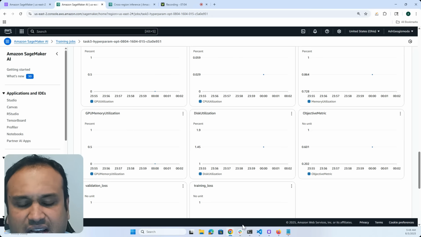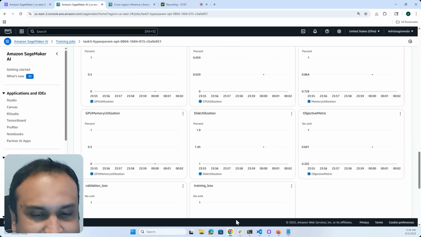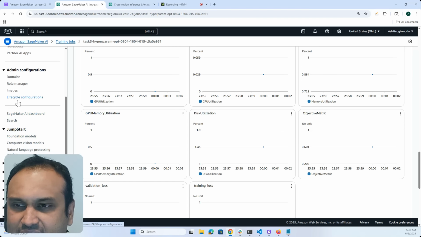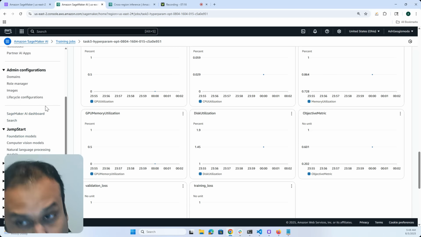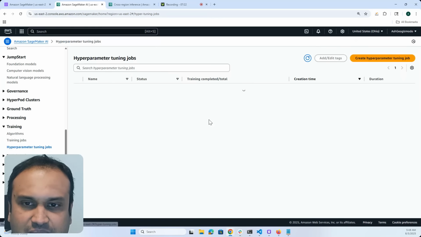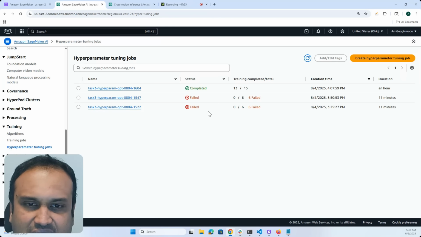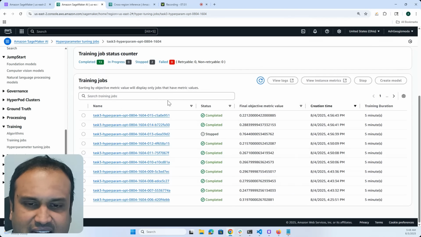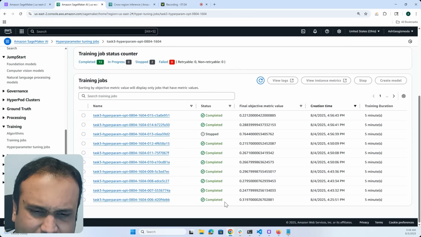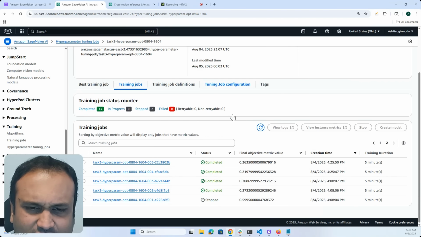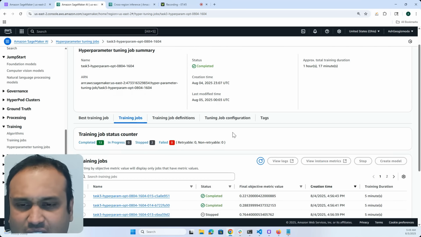So I basically wrote, or not me, but Kiro wrote a SageMaker training service, and that started a training job in SageMaker AI, which is the new branded SageMaker. And you can see here that in training, I have hyperparameter tuning jobs, and this was the one that finally completed. So I think I was doing 3 jobs in parallel. And you can see here that there is 1, 2, 3, 4, 5, 6, 7, 8, 9. And there were a lot of failed jobs.